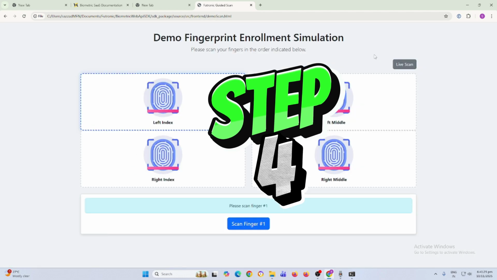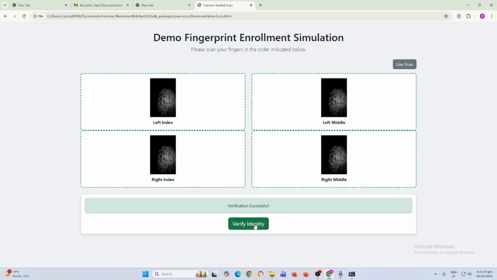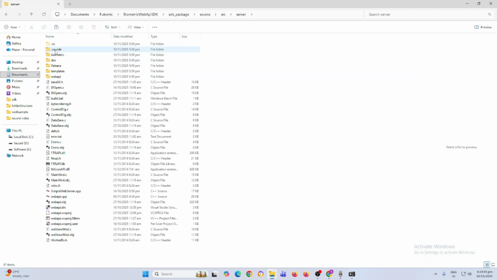Step 4. Testing without hardware. Demo. If you do not have a physical fingerprint scanner, you can still test the application's workflow. In the top right corner of the web page, click the Start Demo button. This demo portal bypasses the hardware access but allows you to simulate scans and verifications. You can click the Scan buttons and the Verify Identity button to confirm the software logic and server communication are